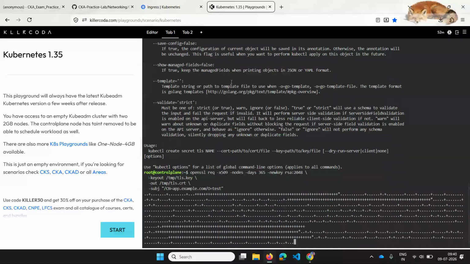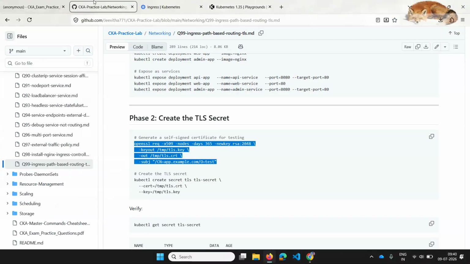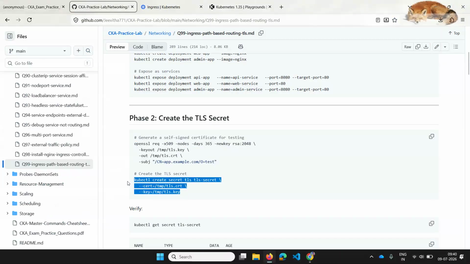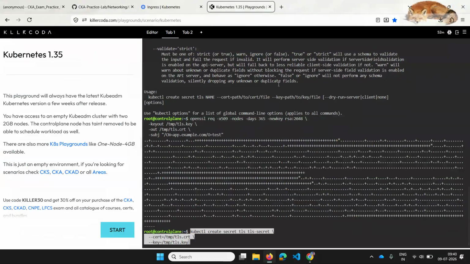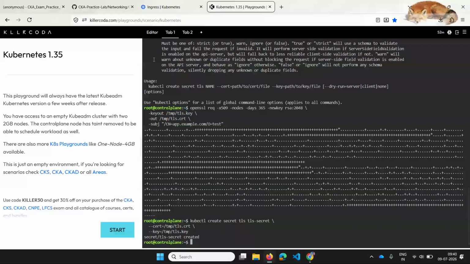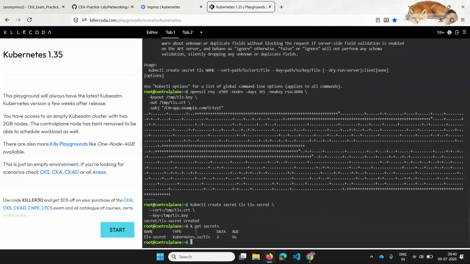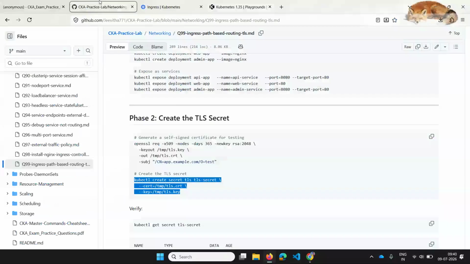So this way, and this is the secret I am creating. You can also do get secret, I guess. So yeah, that is created, and now it has a TLS cert and key files.